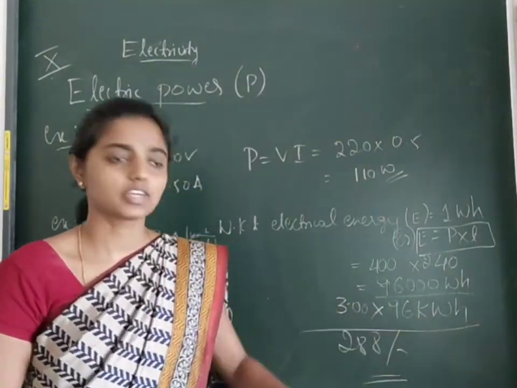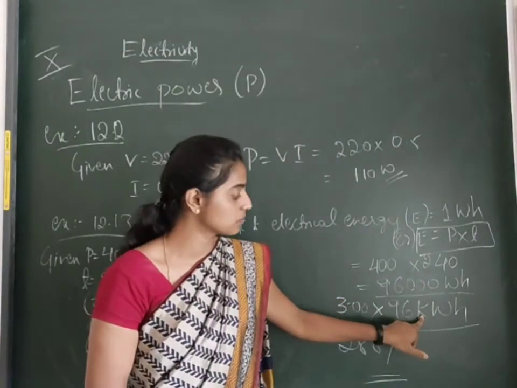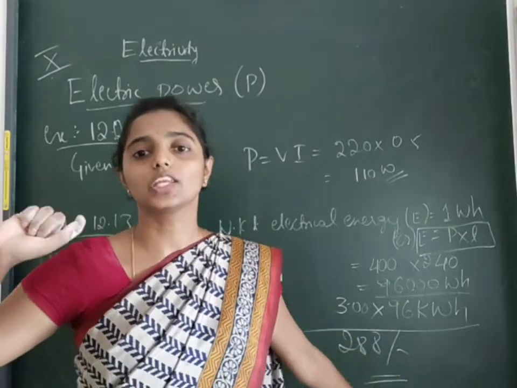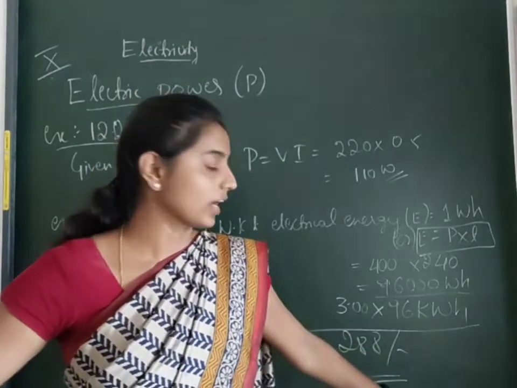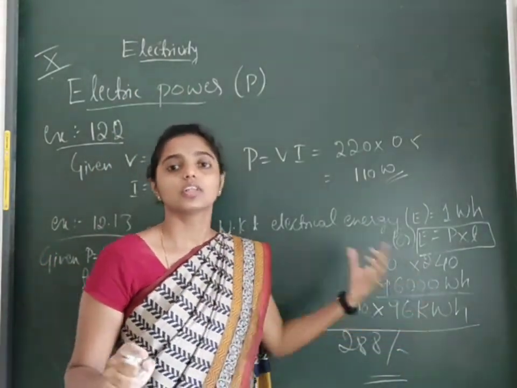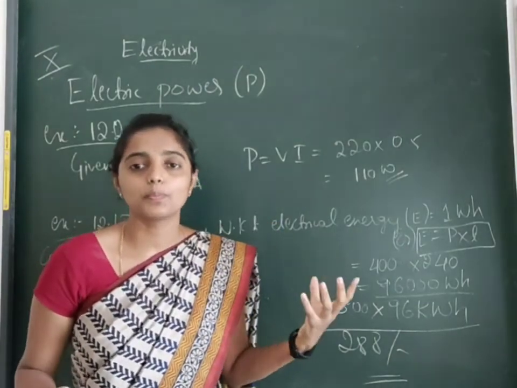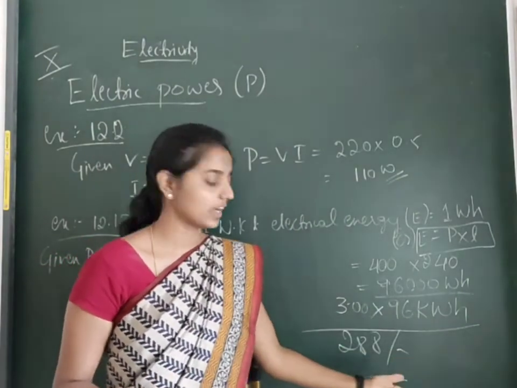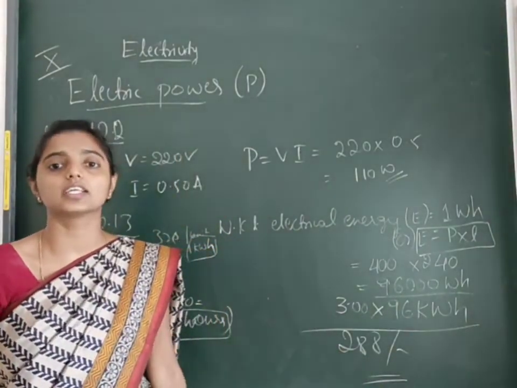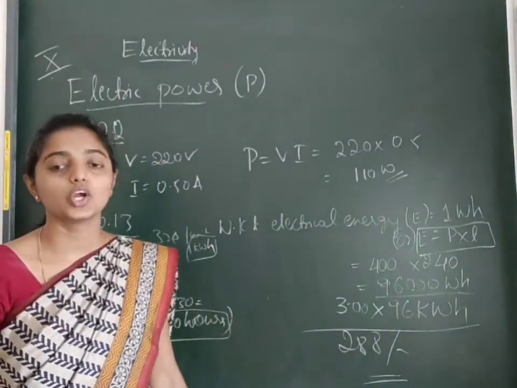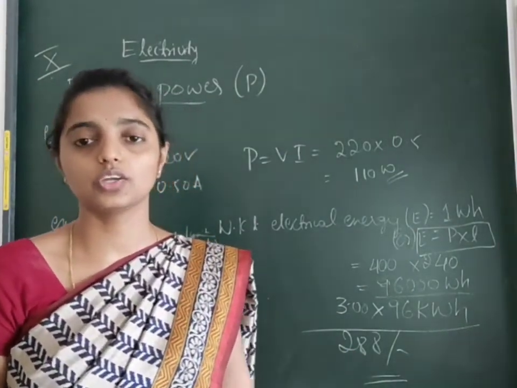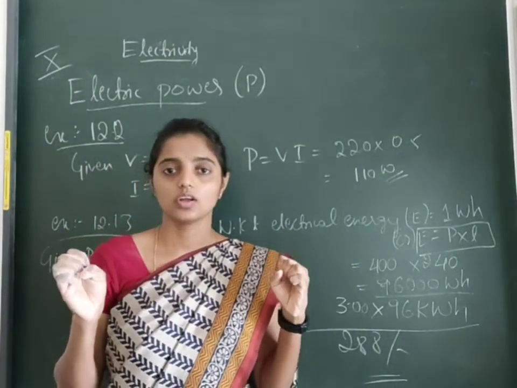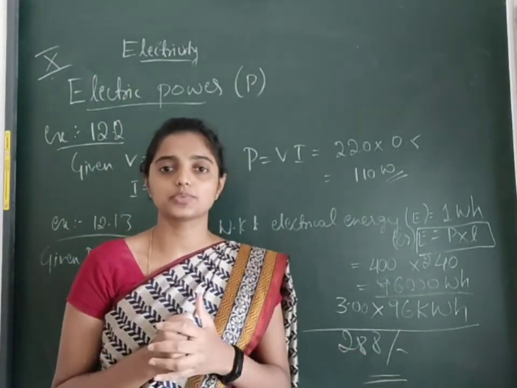of kilowatt hour. Is it necessary to convert this value in terms of kilowatt hour? Yes, because they have given cost with respect to 1 unit, that means kilowatt hour, right? So we converted, then they have given the value, that is 3 rupees for 1 kilowatt hour. So we need to multiply that with respect to 96 kilowatt hour, and we got the cost for complete 30 days to work this refrigerator is nothing but 288 rupees. Okay, you need to write everything step by step.